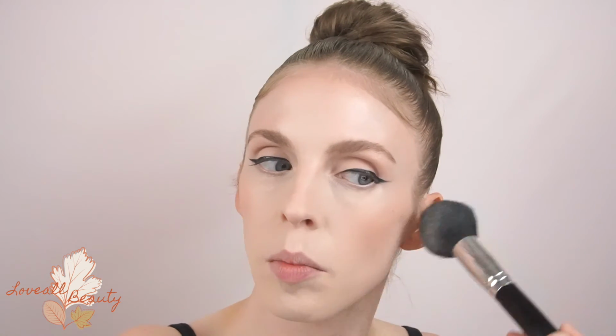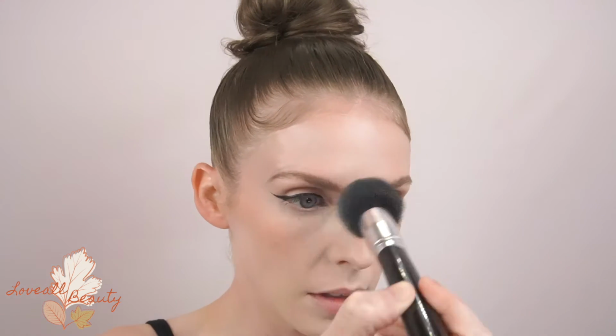My Mercier Matte Baked Radiance powder, because it's not a very out there highlighter. It just adds a nice soft focus highlight, which I think for this look I'm not really wanting to go to, you know, disco ball highlighter. I mean, I love a good disco ball moment, but